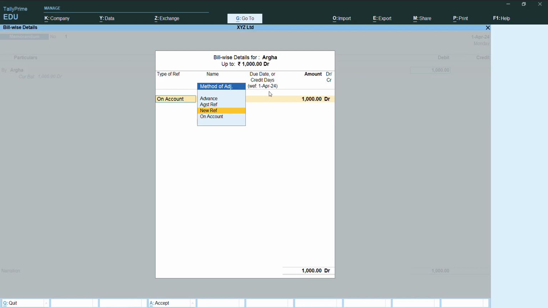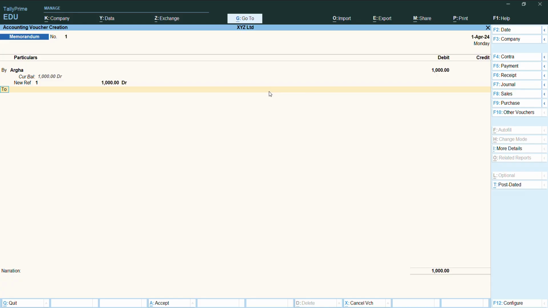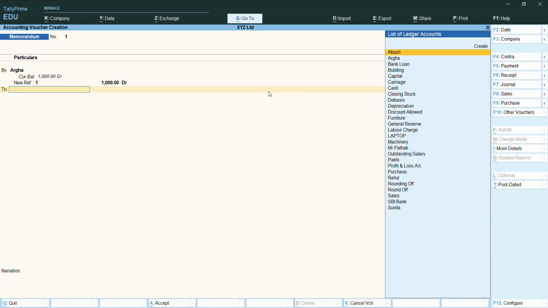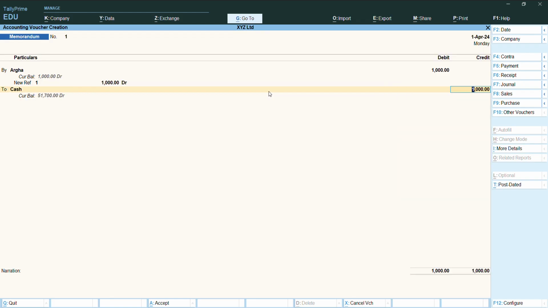Make it new reference. It will be 1 for now. It will be 2 under cash, because we want to pay in cash, but not now. For this we made this entry, but it will not affect our accounts. Press enter. Put the narration like